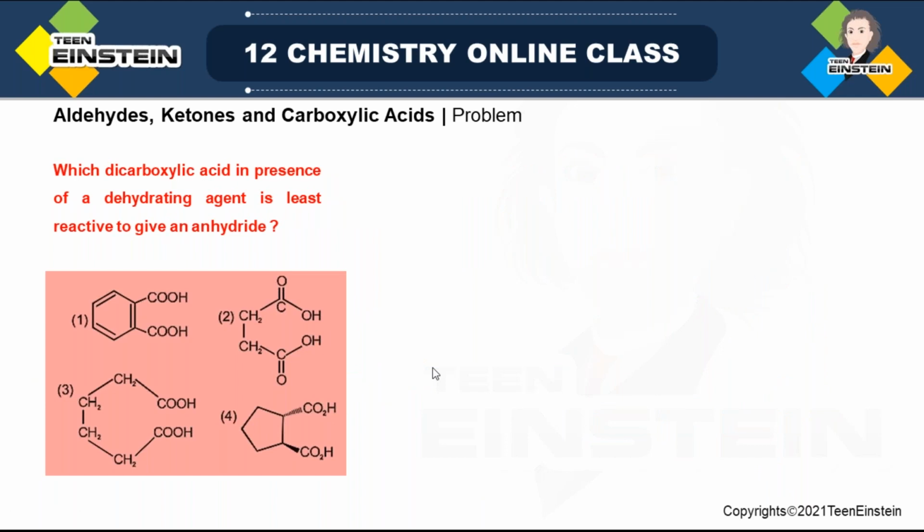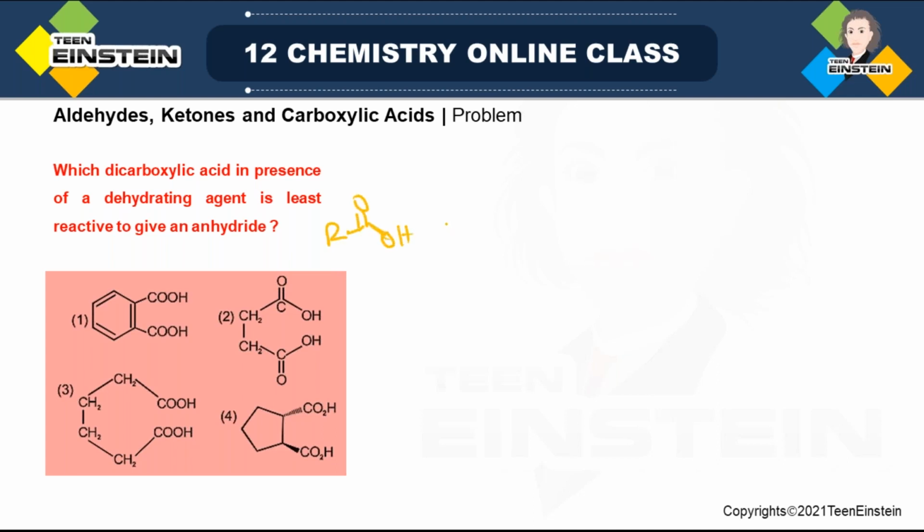Which dicarboxylic acid, in the presence of a dehydrating agent, is least reactive to give anhydride? We know that when we have any dicarboxylic acid and use a dehydrating agent, which means an agent that can accept a water molecule, one water molecule will be removed and you will get anhydride. So in general, if I write, suppose we have acid